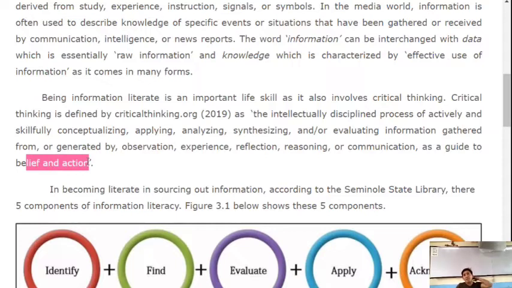So class, ga-conceptualize ka, gina-apply mo ang knowledge, gina-analyze mo, and everything,